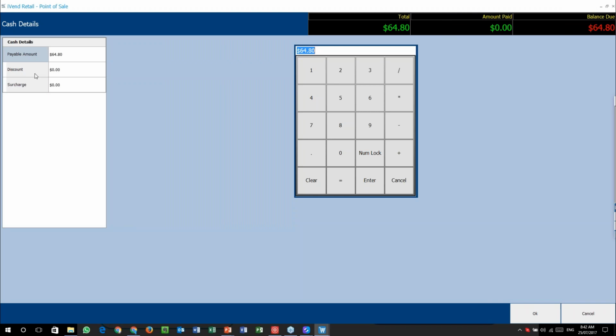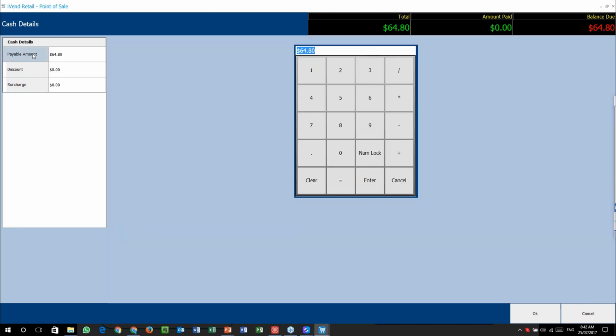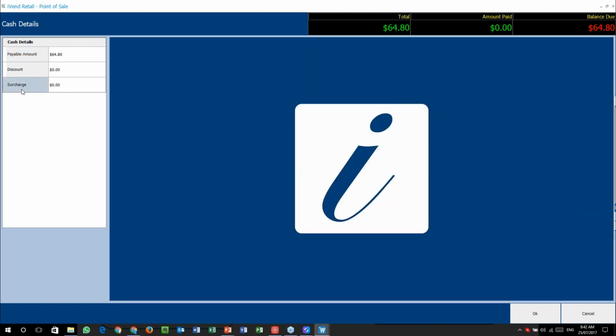punish the shopper for using it. For instance, if they're trying to buy a can of Coke or a single lollipop or something like that, and they're trying to pay with a credit card, you can then put a surcharge on it and say, hey, you can't buy